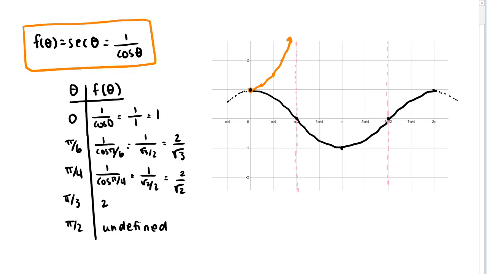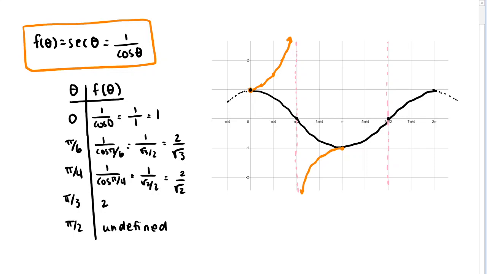Here I can see that cosine of pi is going to give me -1. And so secant of pi is going to give me -1 as well, right? 1 over -1 is still -1. But away from this point, cosine is getting smaller and smaller, and so dividing by that quantity is going to make my result more and more negative. It's going to make it larger and larger negative, and as we get closer to pi over 2 from this side,